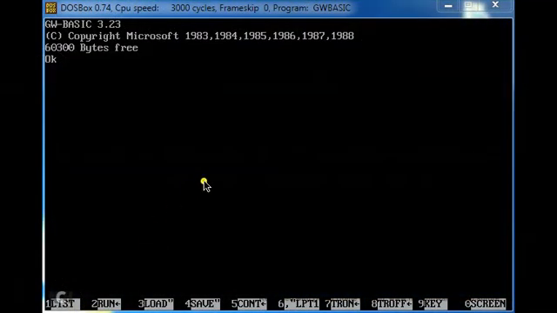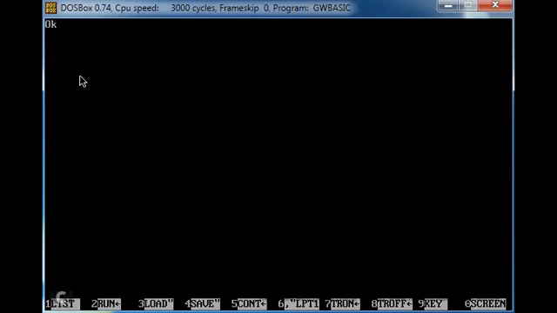So this is how a GW BASIC programming screen would look. It is a whole black screen and some commands are written here. Now what I am going to do is write the command CLS. CLS means clear the screen, and when I execute it, all the content on the screen will be erased by the software.